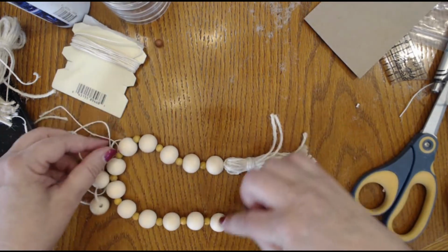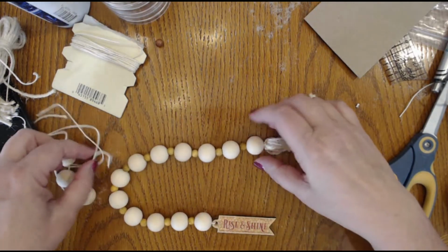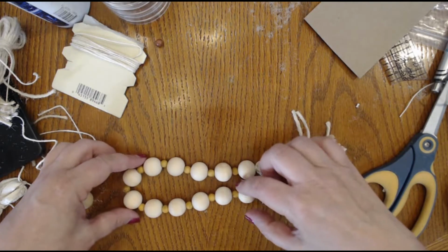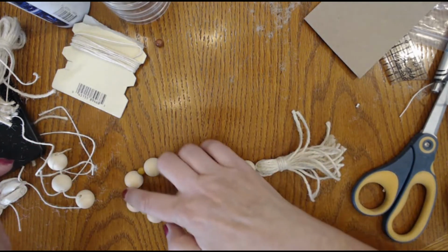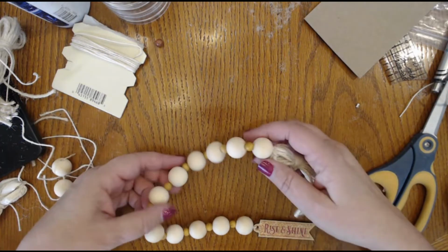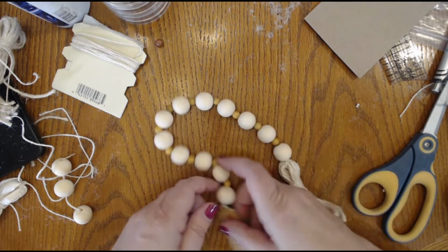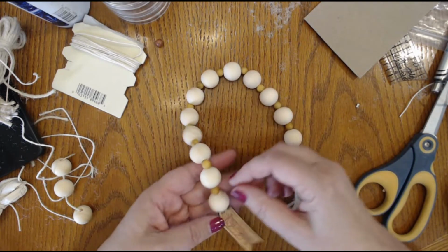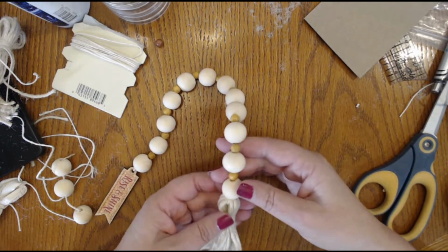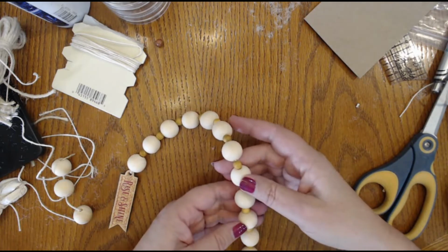And then I've got 12 of the large natural colored beads, and 11 of the mustard colored beads, or the smaller beads. And so basically, I showed you how I just looped everything. I started with the tassel, and I looped that larger bead through, and then the small, and just kept going,